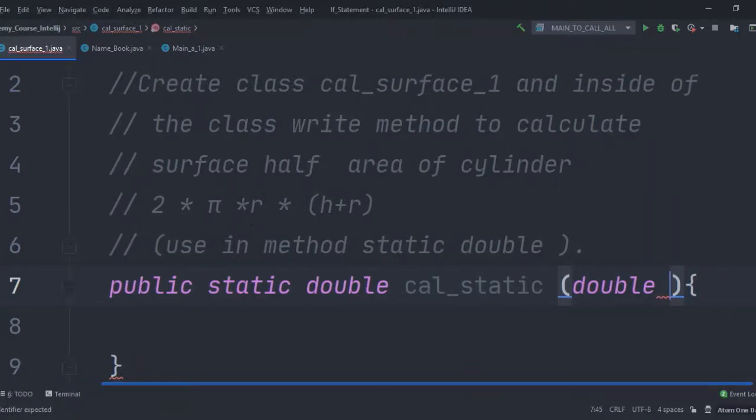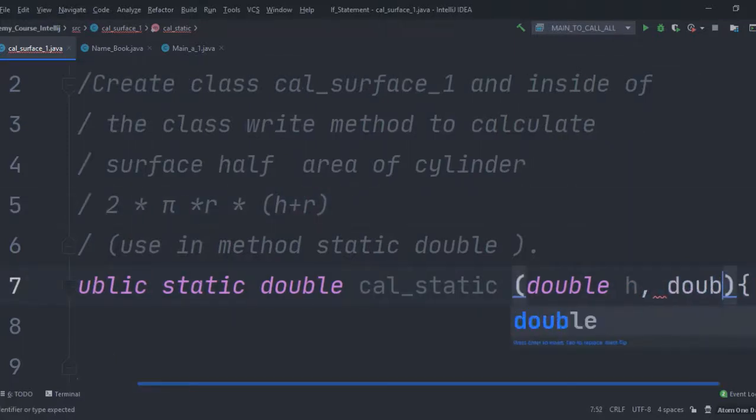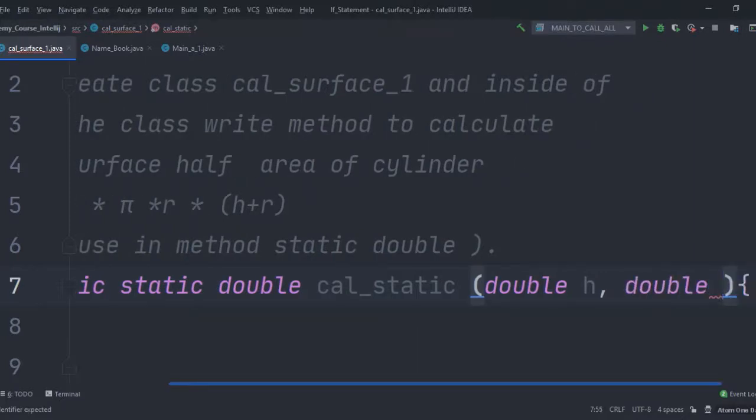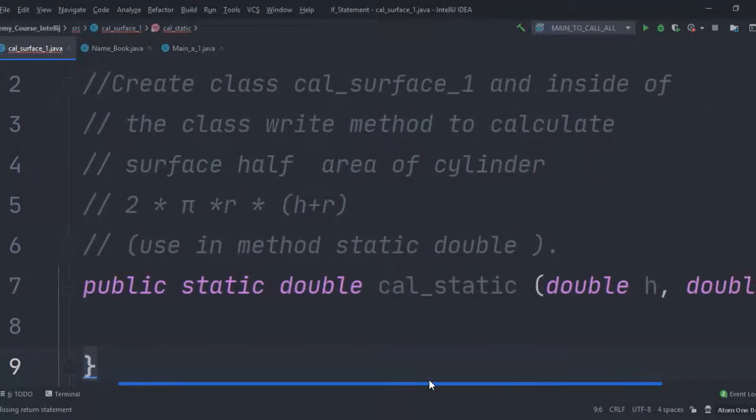Double, we have two parameters. The height h, and r here is the radius. The data type is double because it is a number with a decimal point, a floating point. Double r. Now we have these two parameters. Now here we are going to calculate double d